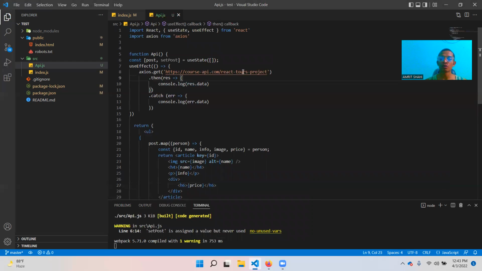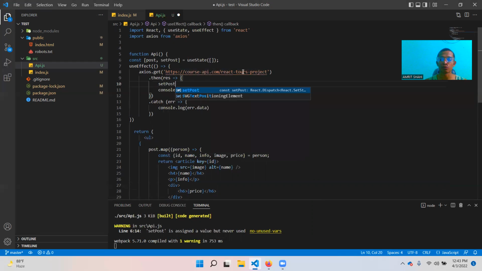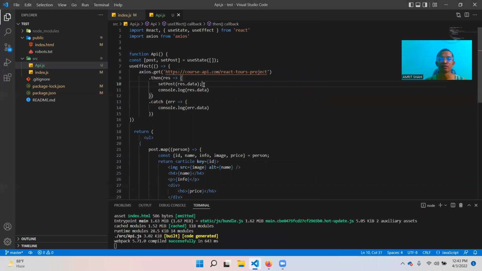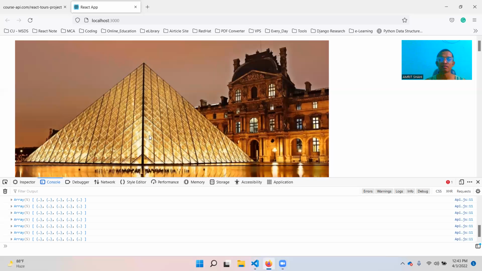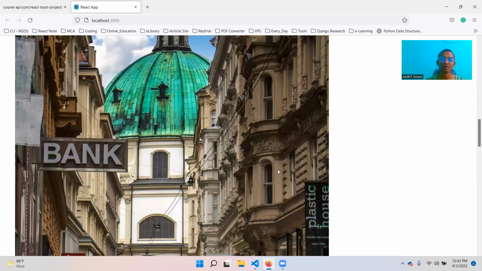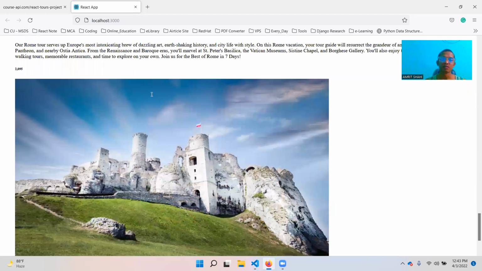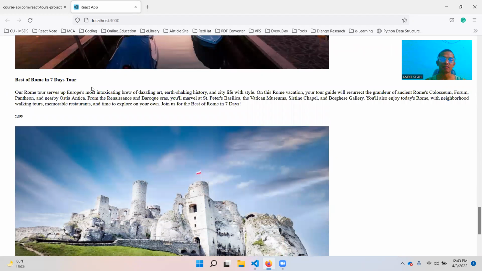So in order to show that data, we have to do this thing, set post, right? Set post. What are we going to set? res.data. So res.data, those things are in set post. Now it will work accordingly. Now it should not give any error. Yeah. Well, thank you so much, guys. That's what we want. See, all the images, all the text inside the image, and the price